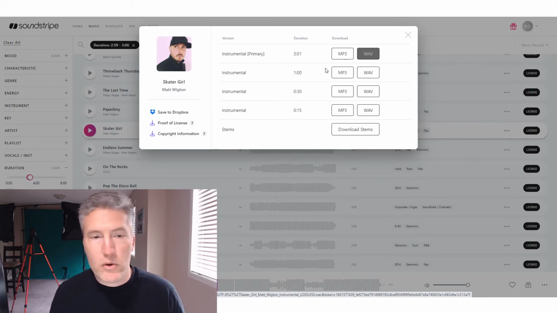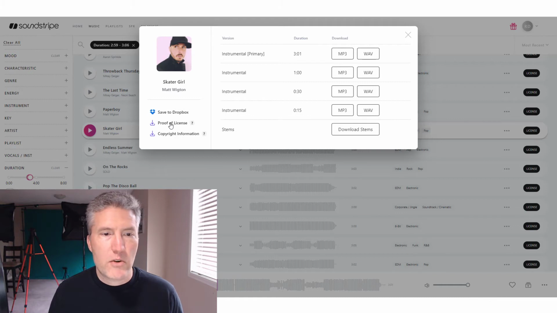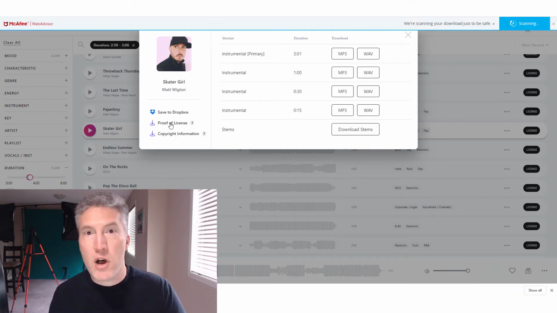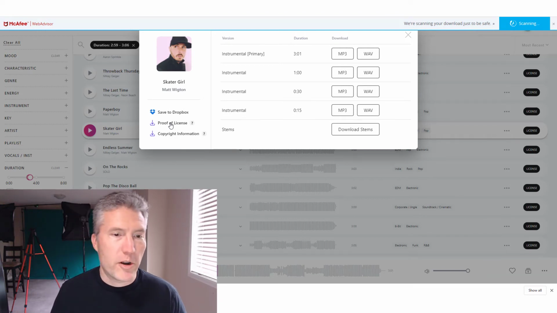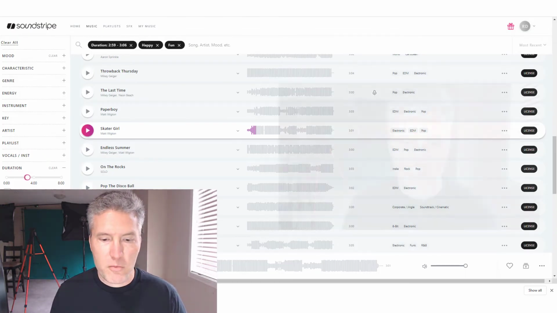So download those. And the other thing that's really important here is your proof of license. So I'm actually going to download the proof of license in this case. I've already got the songs from the Zoom video that I recorded before. And so now I've got a PDF of the license agreement, and that's terrific. I can close that up, and I can go back to Camtasia,